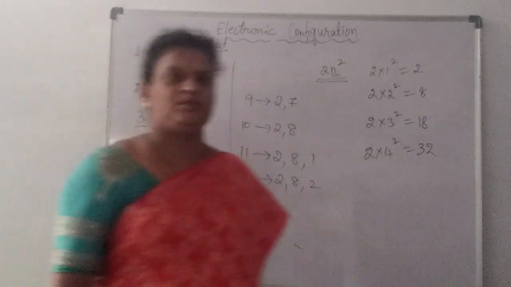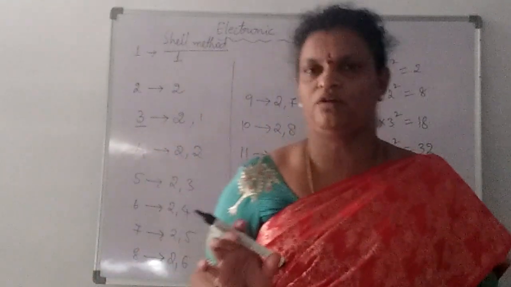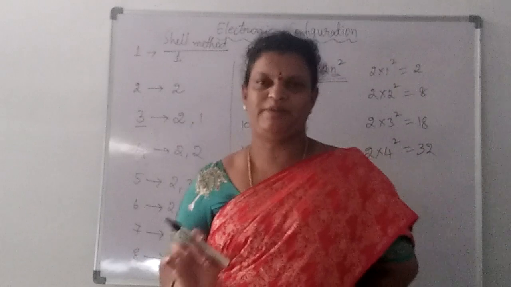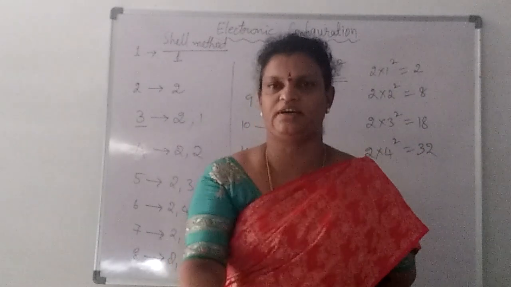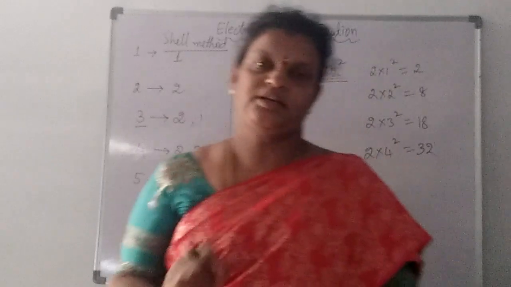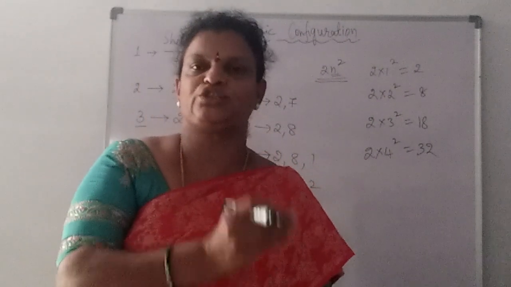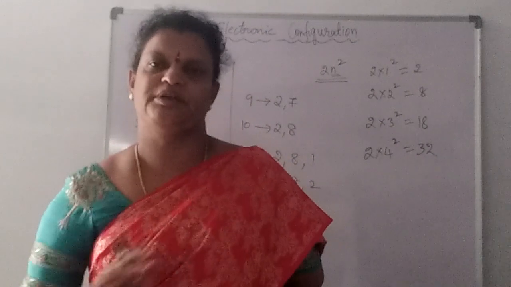And one thing we have to remember, except the first shell. Again, we know already that every rule will have some exceptional case. So first we'll see the rule, then we'll see what the exceptional case is. Before any electron enters into the ultimate shell, the shell before it should be filled with 8 electrons compulsorily.